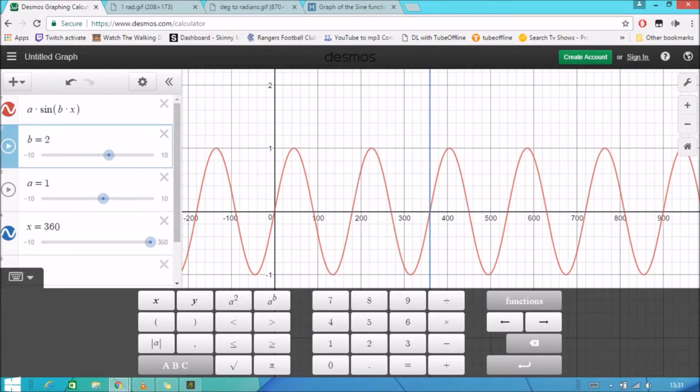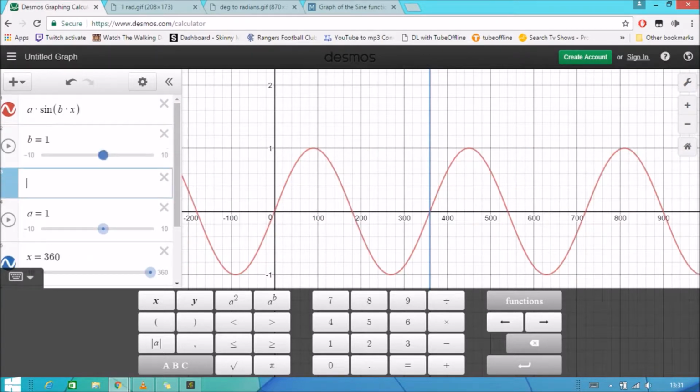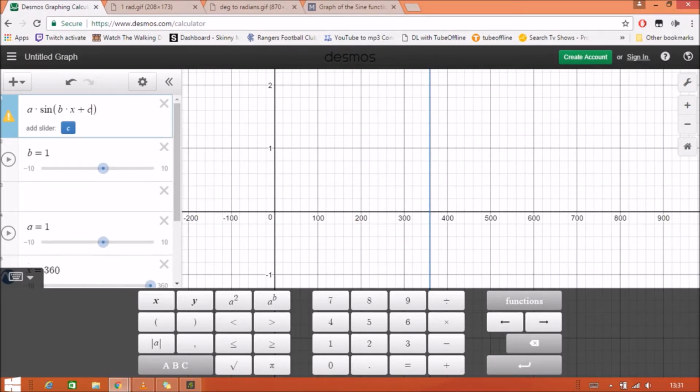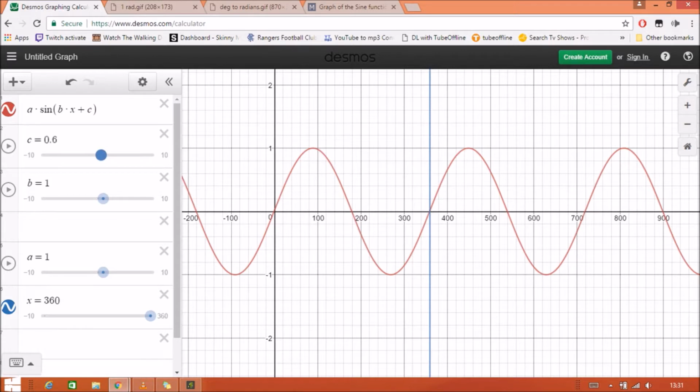or one circle. Now, the next change we'll make is to put another number here, just an extra coefficient here, c being the number that we add to the angle that the sine graph reads. So this is all inside the sine,